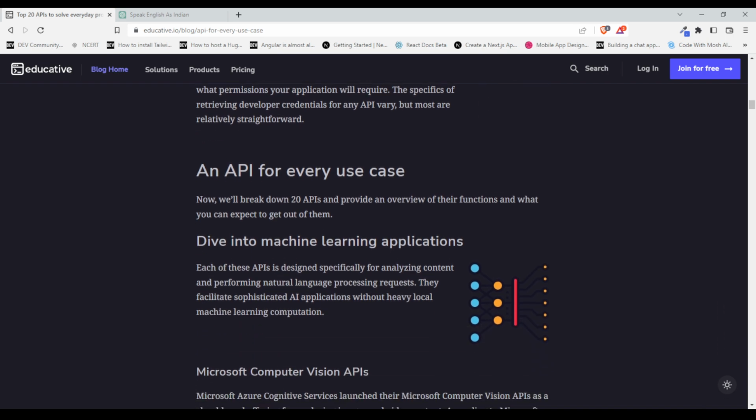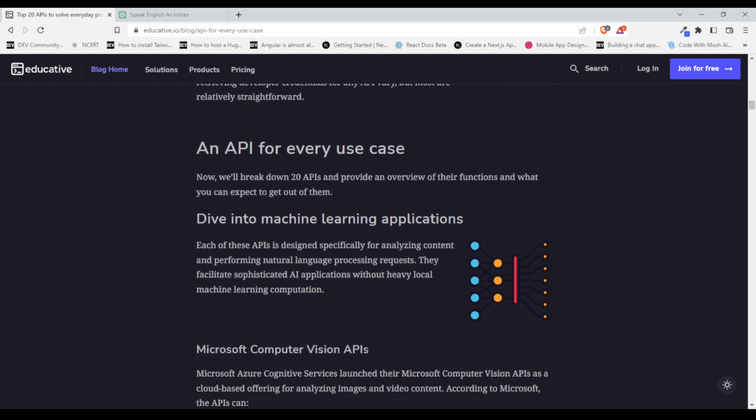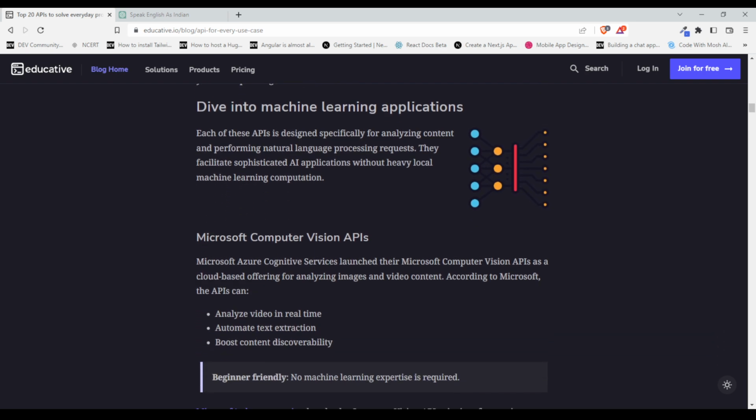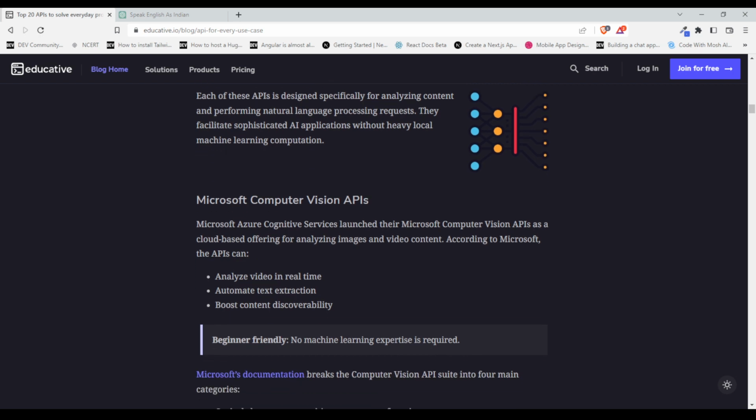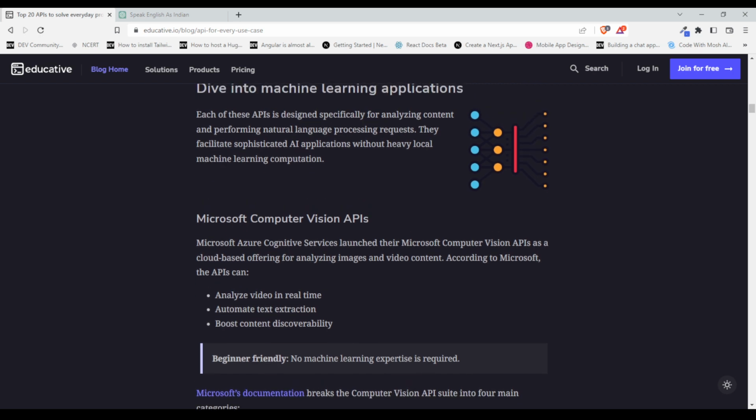Now we will break down the 20 APIs and provide an overview of the function and what you can expect, starting with how to dive into machine learning applications. Each of these APIs is designed specifically for analyzing content and performing natural language processing requests. They facilitate sophisticated AI applications without having to build a local machine learning